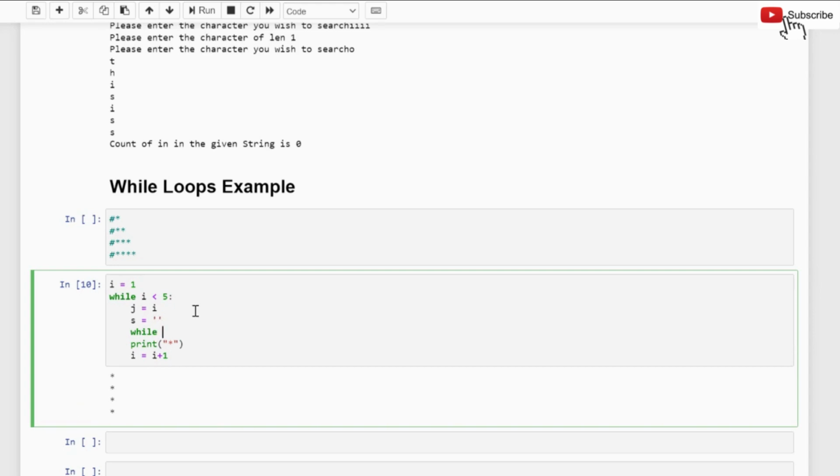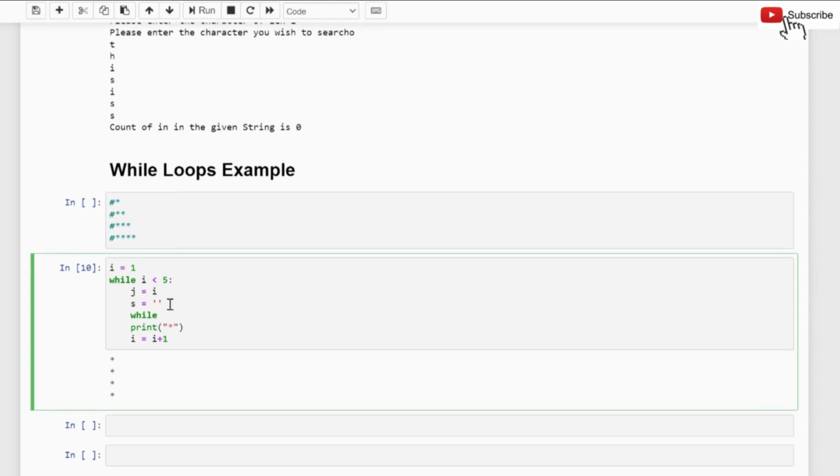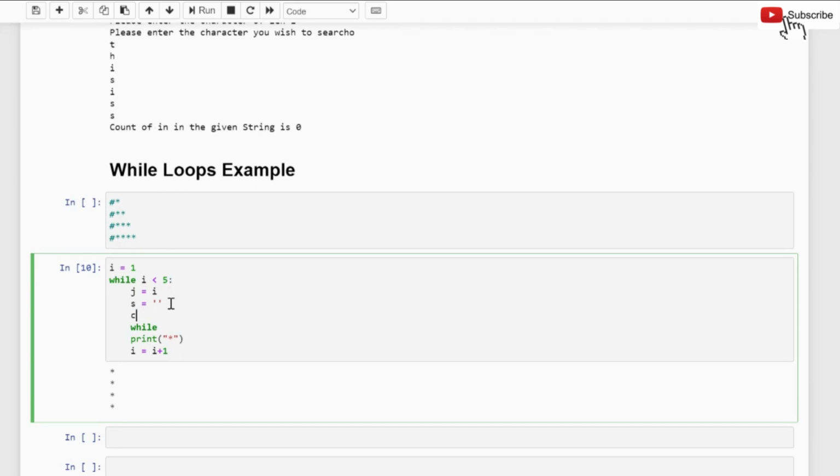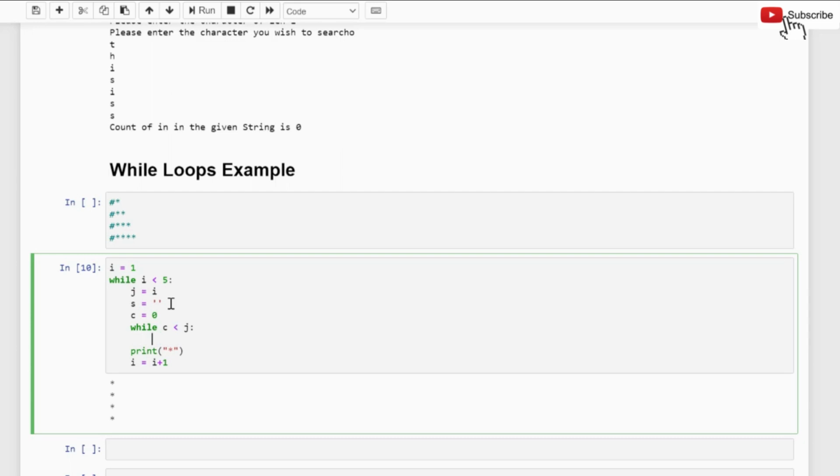I will use another counter for the inner while, c, which is 0. I'll say while c is less than j colon, and here s equals s plus star. And when I come out of this loop, I will say